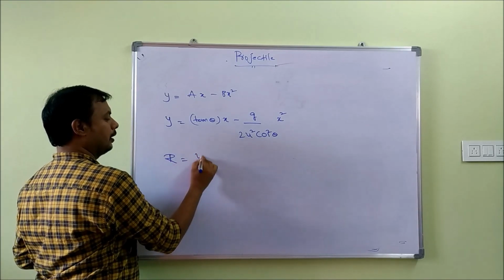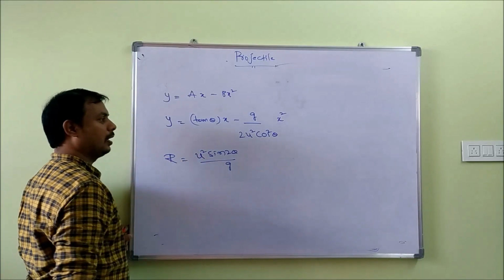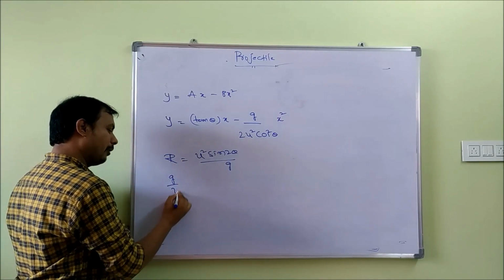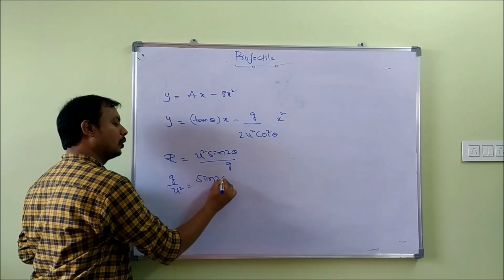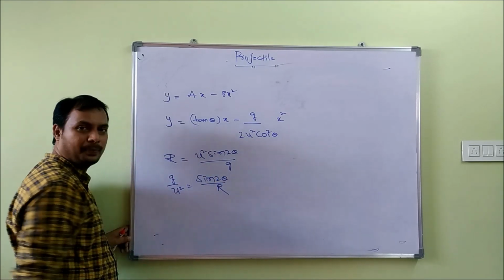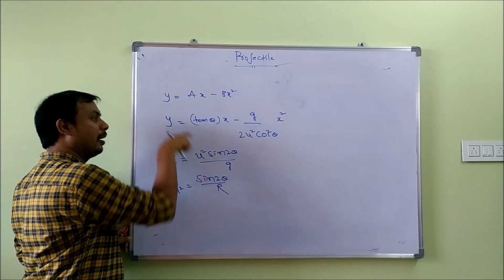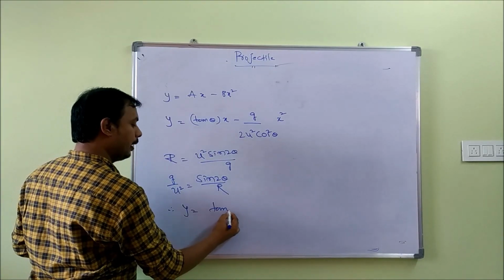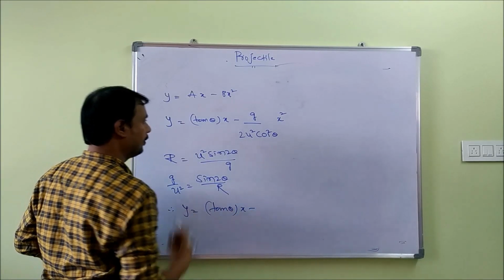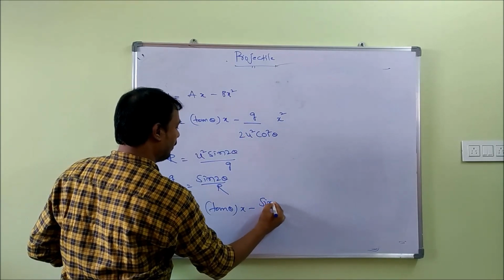Range, we know that it is u square sin 2 theta by g. I am writing g by u square, which is equal to sin 2 theta by r. So g by u square I am substituting as sin 2 theta by r. Therefore y equals tan theta into x minus g by u square sin 2 theta by r